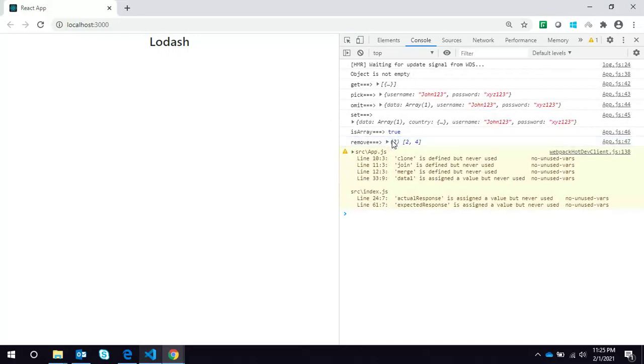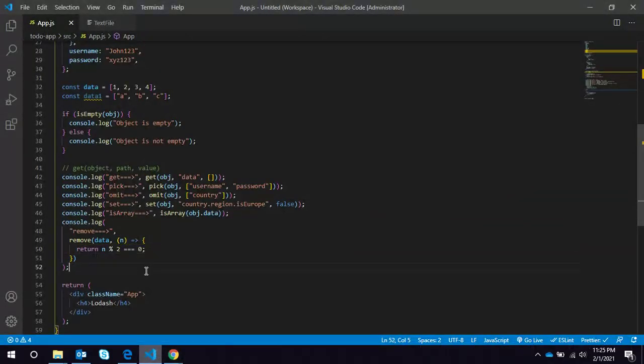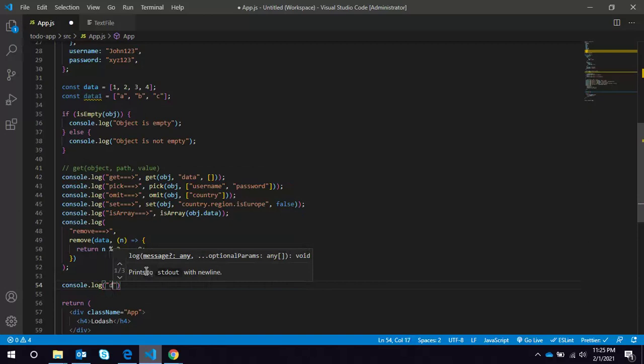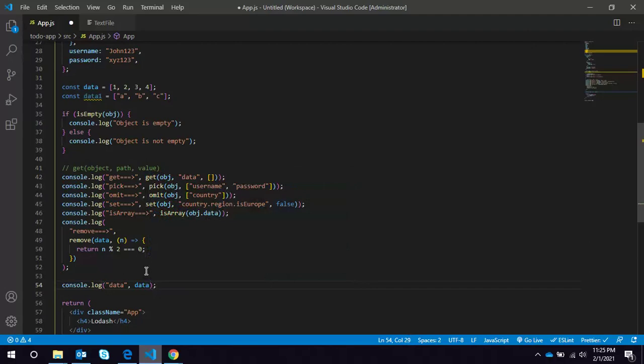You can see I'm getting the even number 4, but this remove utility function mutates your original array. If you check the original array, you will find only two elements, 1 and 3.